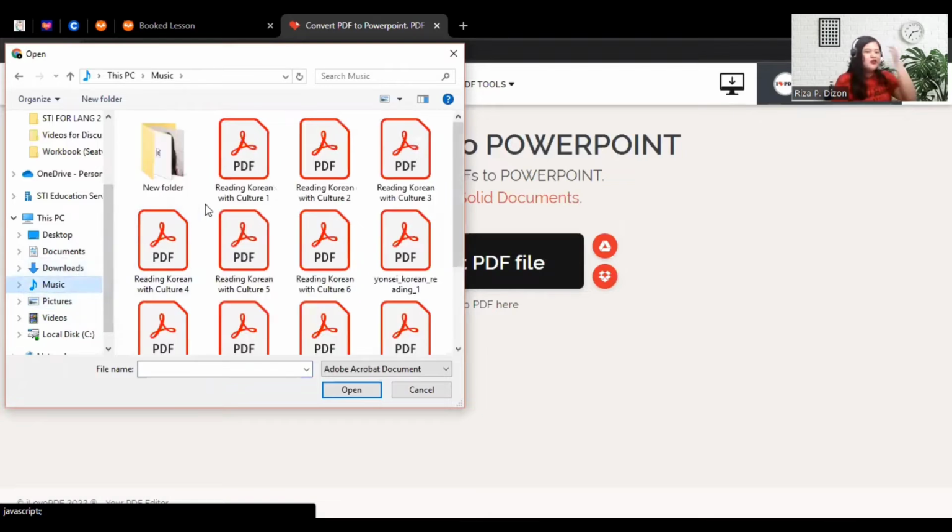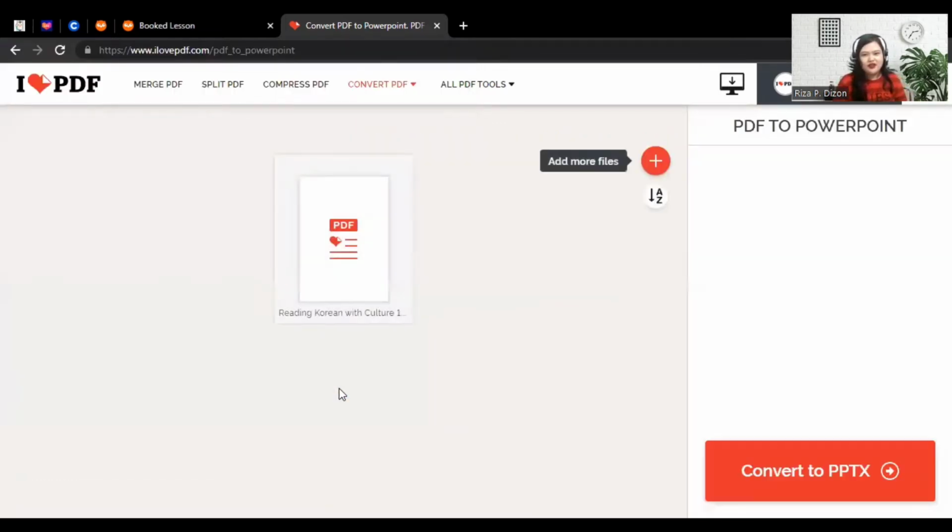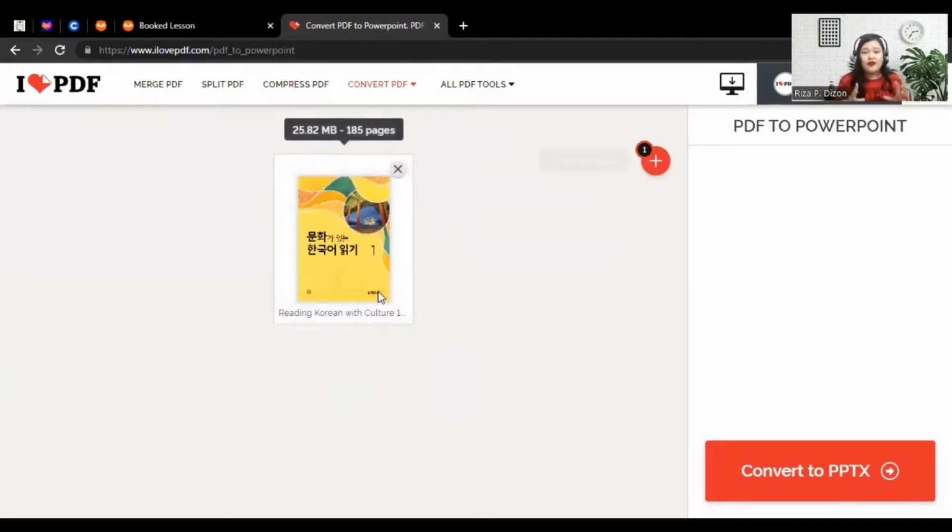Okay, here we go. So as you can see here, there's a lot of PDFs inside different folders. And as you can see, it's about Korean and Korean culture and everything. So let's try this, reading Korean with culture 1. I'm going to click it, very easy. And then you can see there, that's the whole file, and that's 185 pages because that's equivalent to a certain